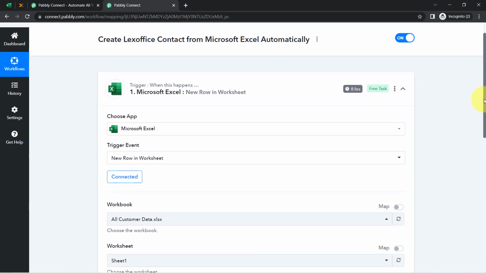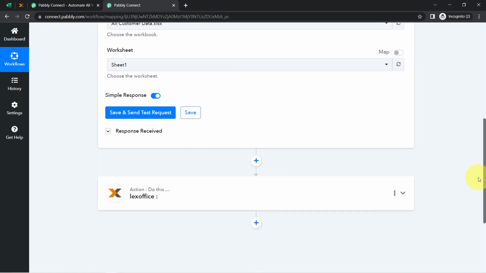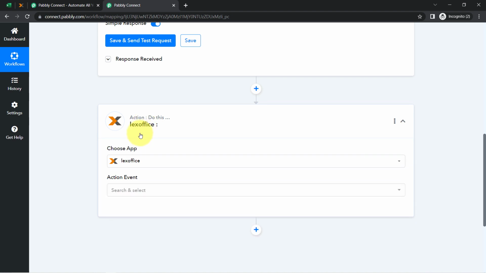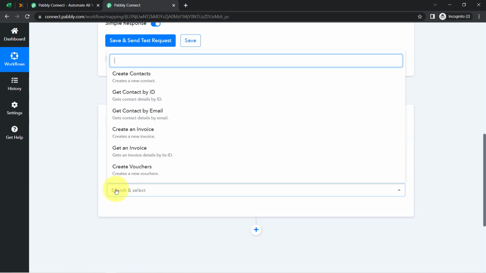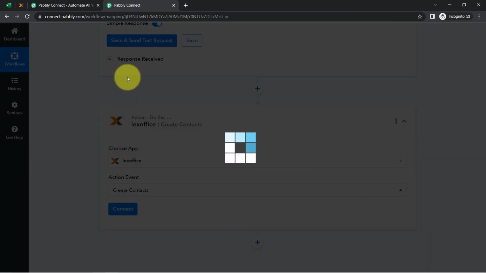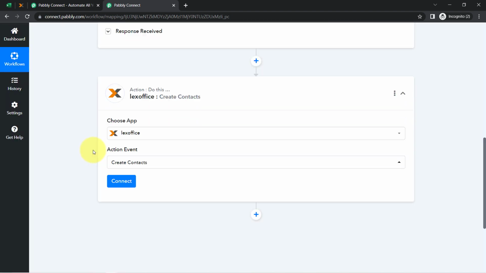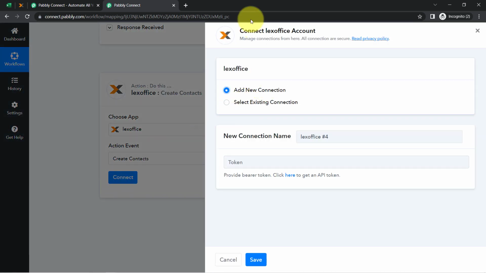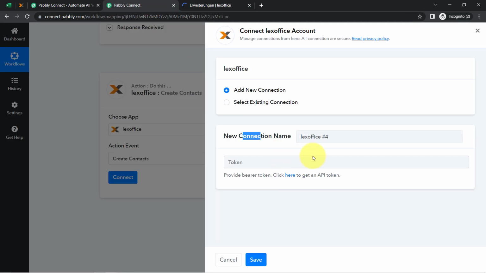Okay, now the first step of our automation is done, and I was about to create a contact into this Lexoffice accounting software. Okay, so the software, the application is already selected. Simply select the action event, that is create contact. Since I want to do the same, click on connect, and just like we have connected Excel and Pabbly Connect, now I am going to connect Lexoffice and Pabbly Connect, and for the connection it is asking for the token. Okay, so make sure you are already logged in into the Lexoffice and simply click on this hyperlink,